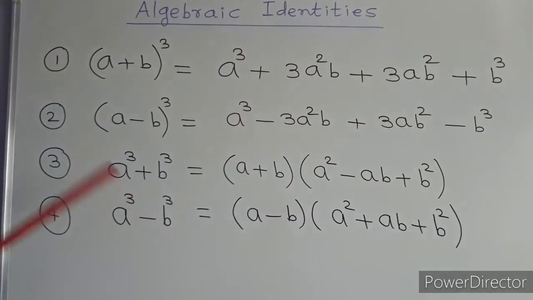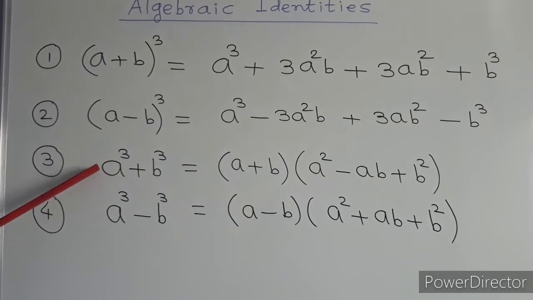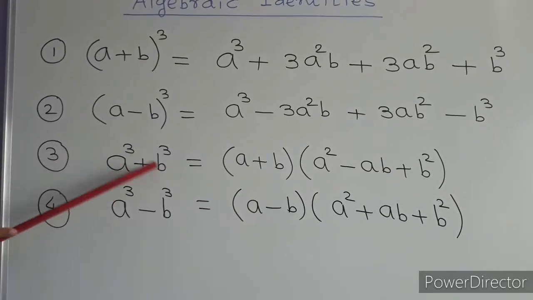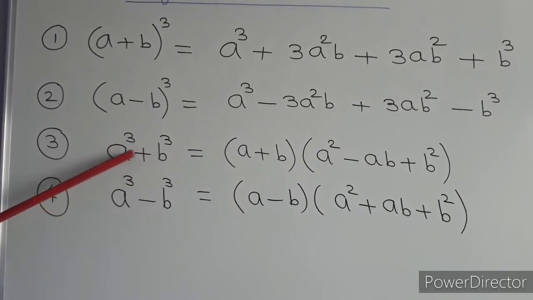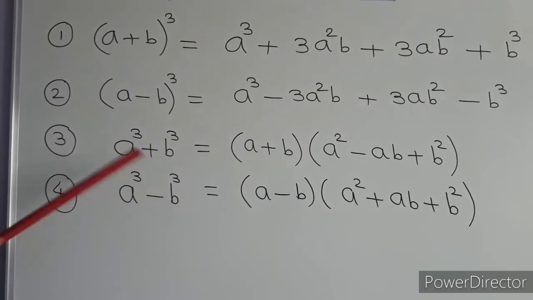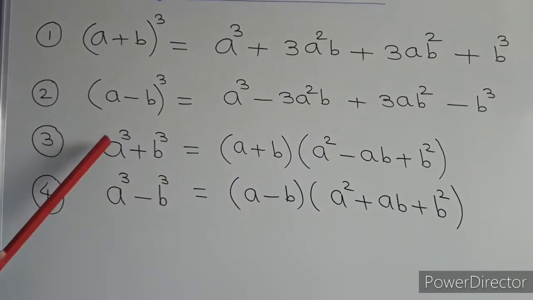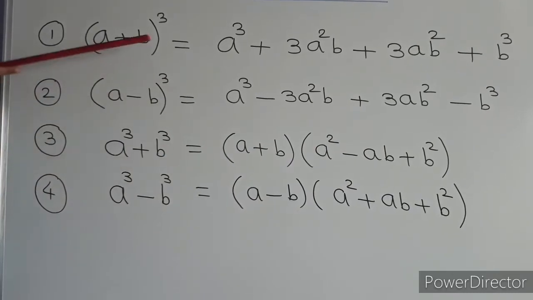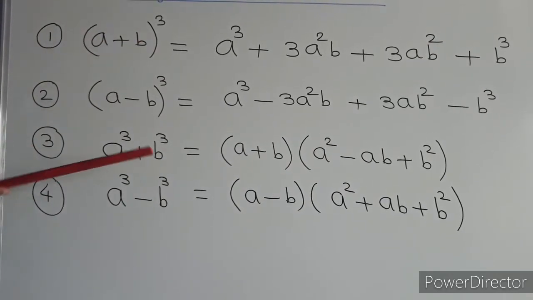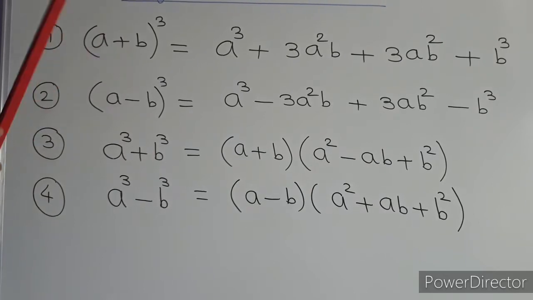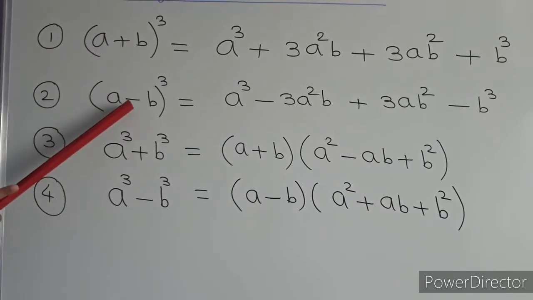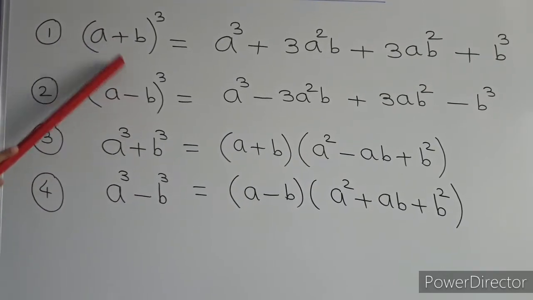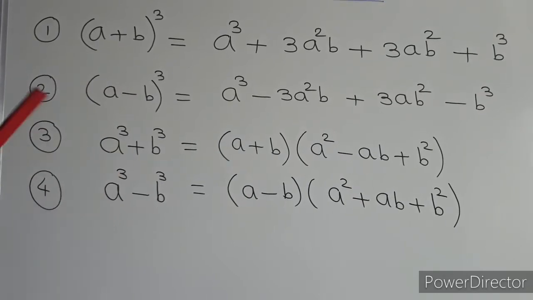So see, these are called the identities of cubes. Okay, then next two are there. These are also called the factorization formulae of sum of two cubes and difference of two cubes. So see how it is written. First of all, you see the difference between this formula and this formula. Don't confuse. This formula is different and this formula is different. That's why I have taken four formulae at a time here.